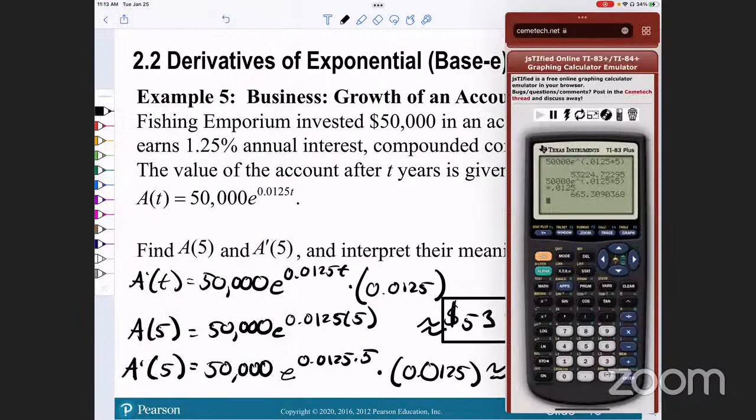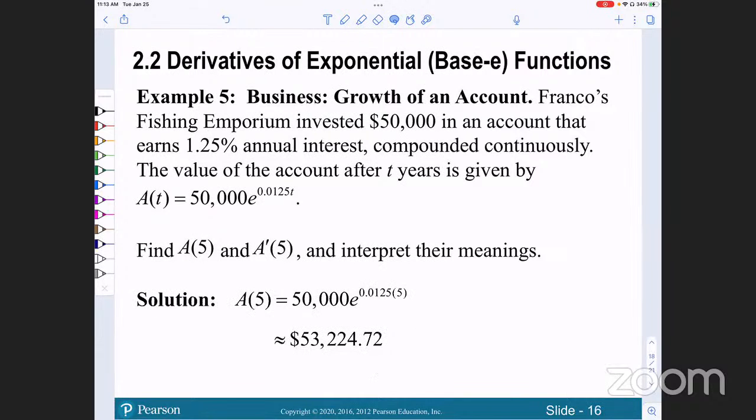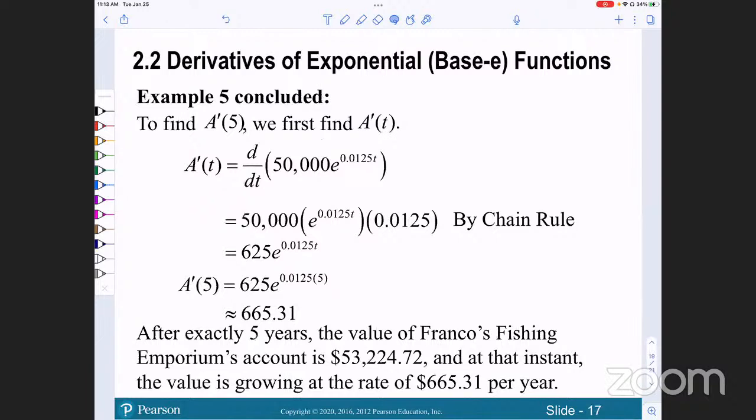Okay. So after 5 years, it would have earned $3,224.72 with an annual rate of growth of $665.32 per year. Okay, I think we got that one. So after exactly 5 years, the value of Franklin's Fishing and Aquarium account is going to be $53,224.72. And at that instance, the value is growing at a rate of